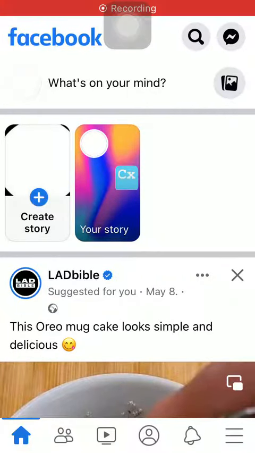Hello guys, in this video I am going to show you how to save the picture that you have posted